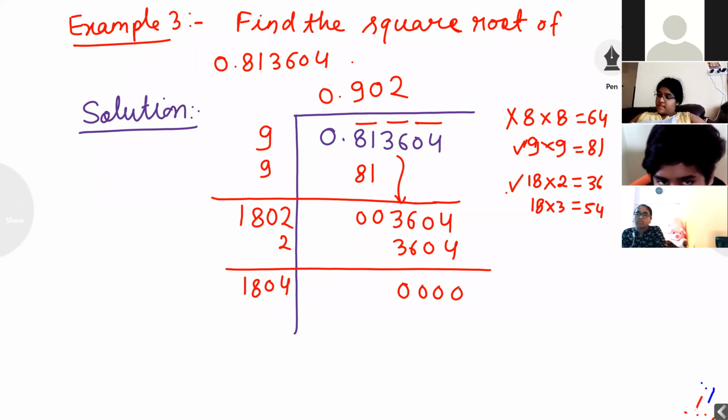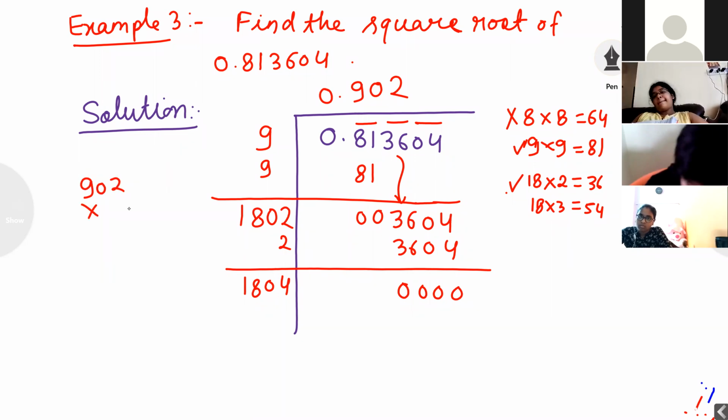Now, again, Dhruv Kumar is there. Dhruv Kumar will ask us, sir, just now you told me, double of this digit will come as this answer, but here a decimal is there. Students, in the case of decimal, you will assume only this whole number value, means 902. 902 into 2 is equal to 1804. Means our answer is right.